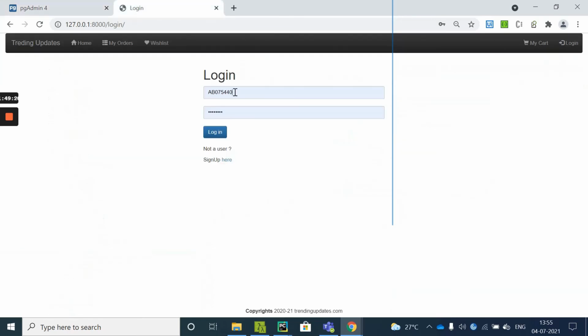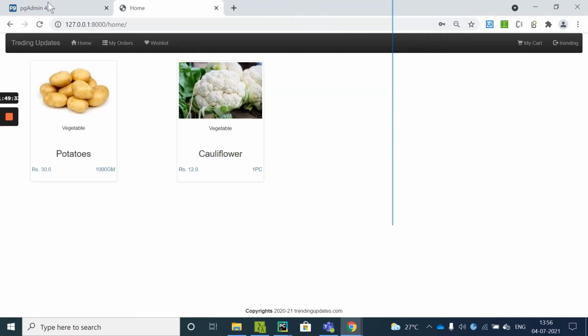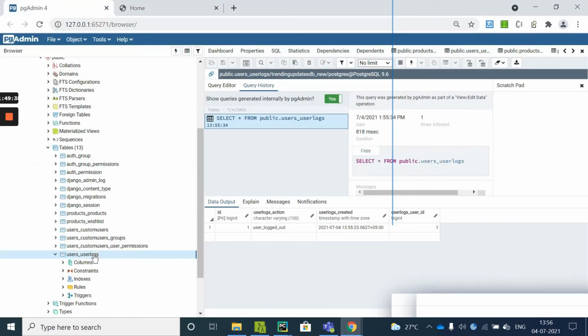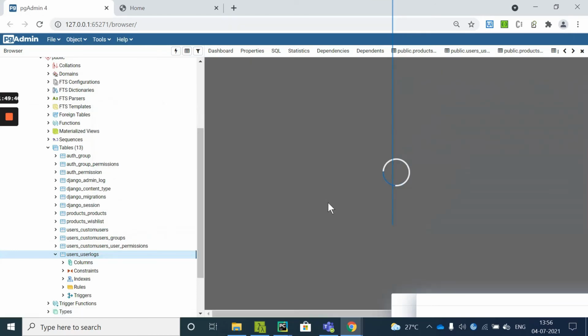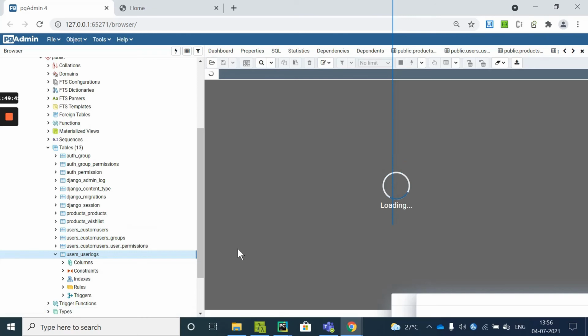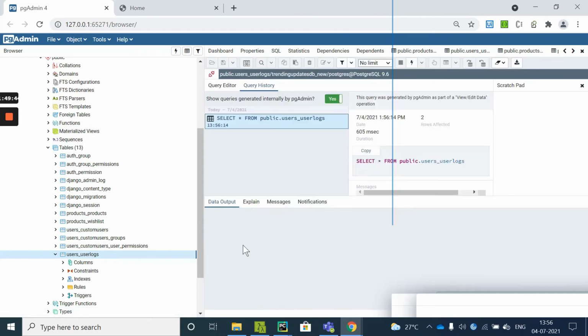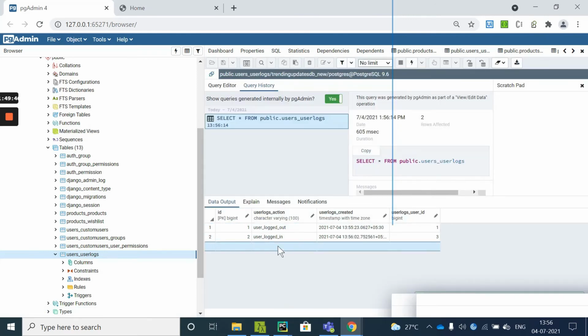Now if I try to log in with the user trending, and then say root at 123, and come here and just refresh, you should be able to see a different ID. Here you can see on line number two, user ID is 3.